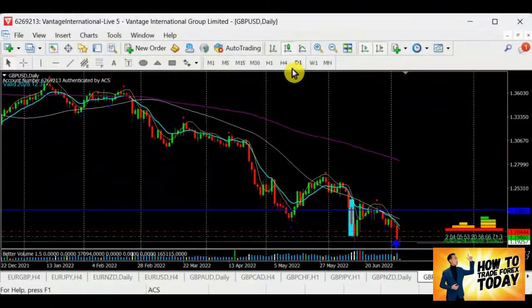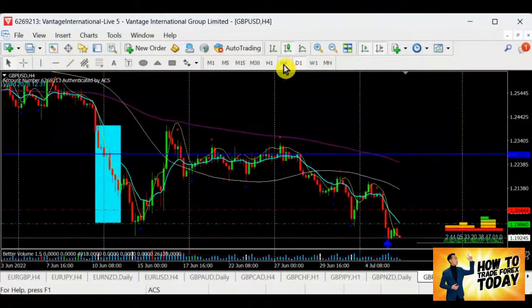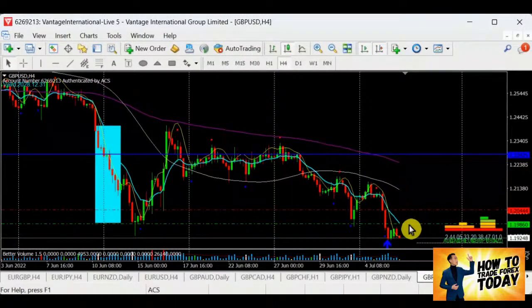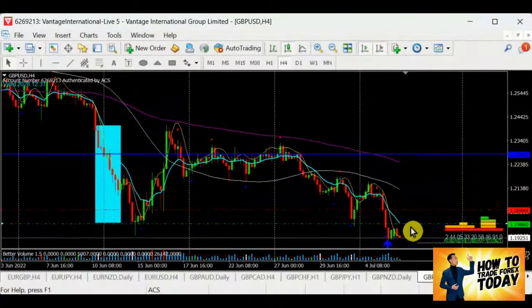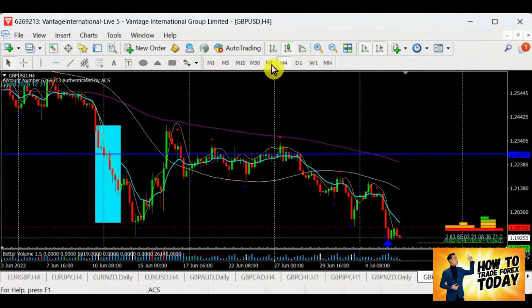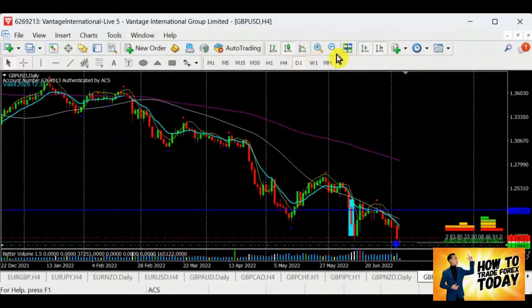Pound dollar. Yesterday we also had a very good selling, but today we are supposed to be careful. For the past 16 hours it has tested the support as a resistance and started to slide down. Now, sliding down, what we can see here are lower highs, lower resistance, lower highs. So there is a good chance that we are going for a selling. I shall put this over here so that it's out.